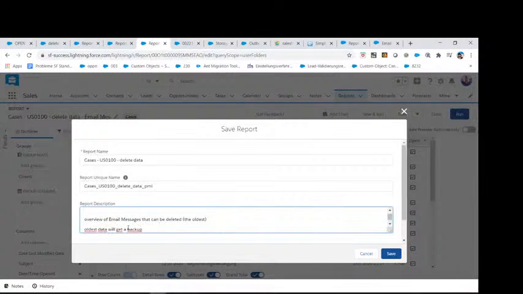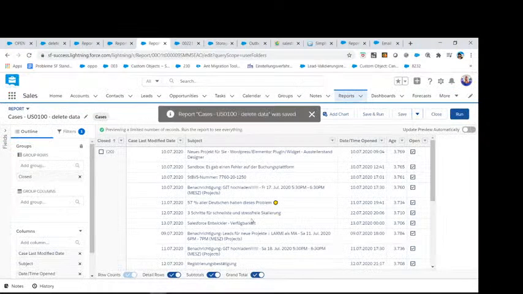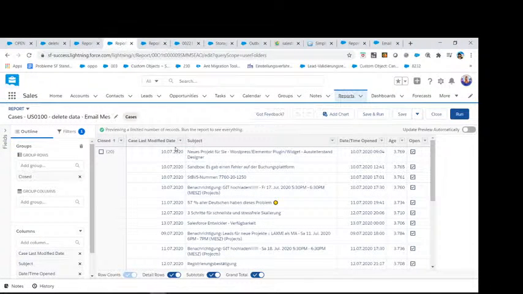So we should just write it ahead, acceptance criteria, and also we need to put in the short description. Okay, let's hit save, and so we have saved it.